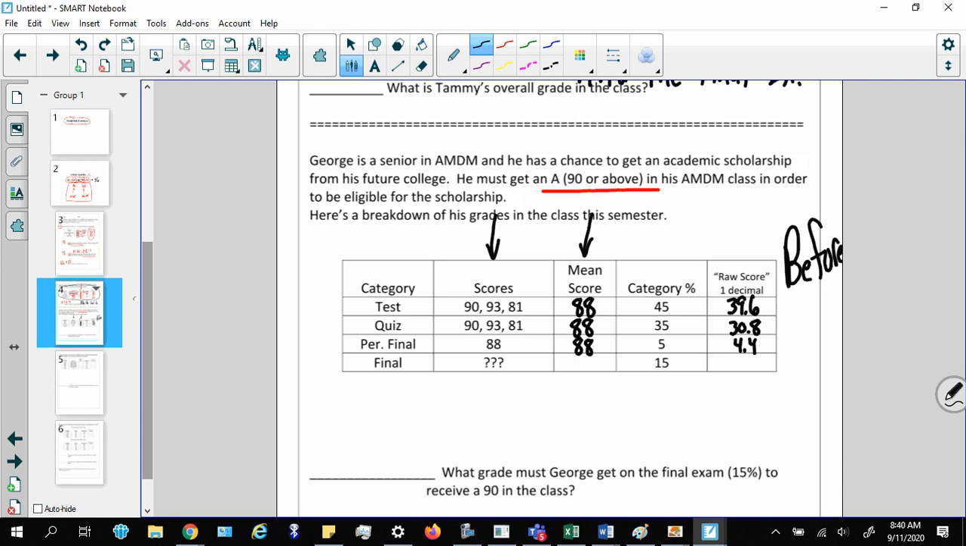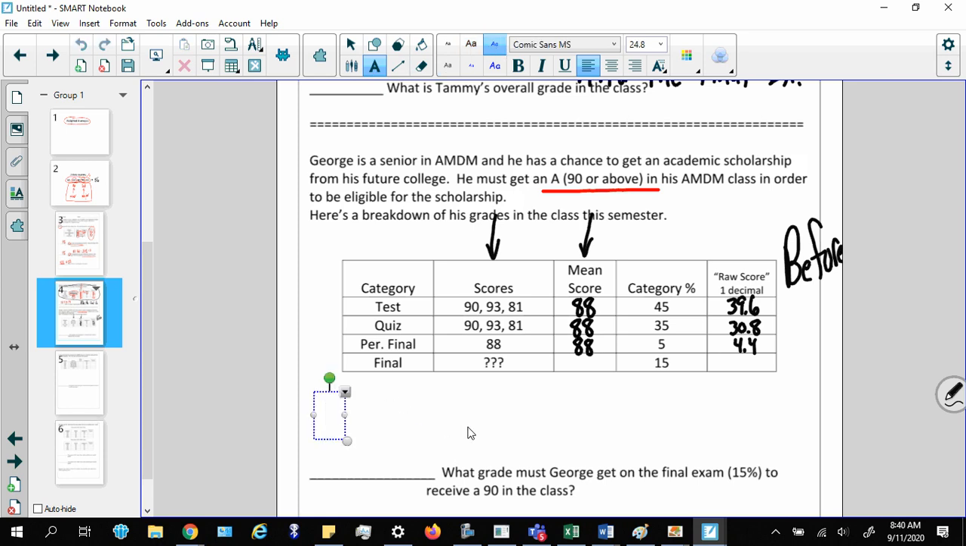Now, there is an algebraic formula you can do, but I don't really like using formulas. I like using relationships because students just don't necessarily love formulas, they like relationships. So to get his final exam grade, what you have to do is take, and I'm going to put this in parentheses, add